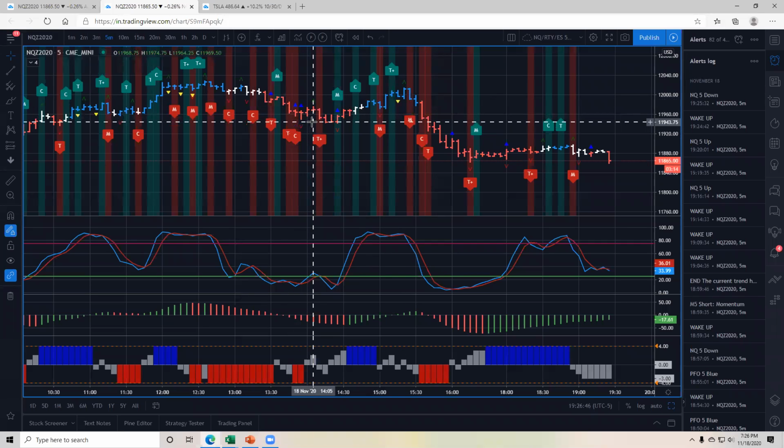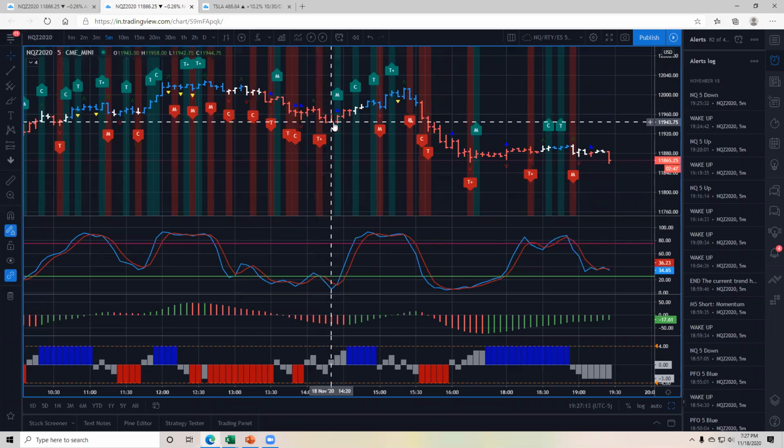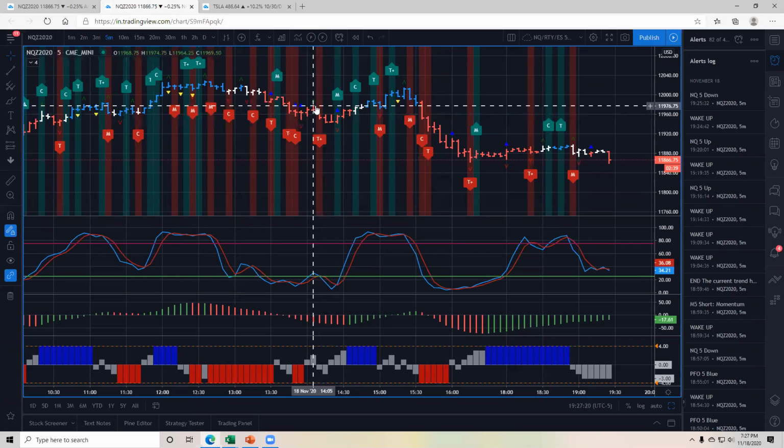Now, they don't work that way 100% of the time, but then again, there's no individual signal that will work 100% of the time. But the fractals have about a low 80% win-loss ratio. So here's an upper fractal. Okay, we didn't know it was an upper fractal until the 3rd bar after the fractal bar. 2 bars after it have to close, and once that 3rd bar after the fractal bar opens, we are now defining a fractal. If and when the price were to move above that price level, the high of that bar,